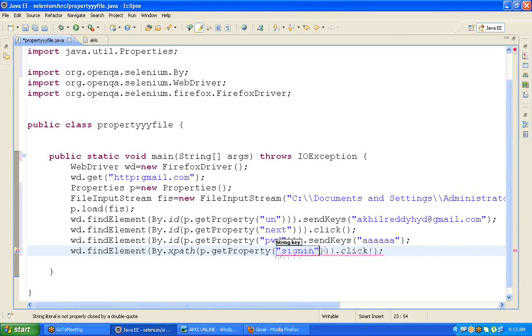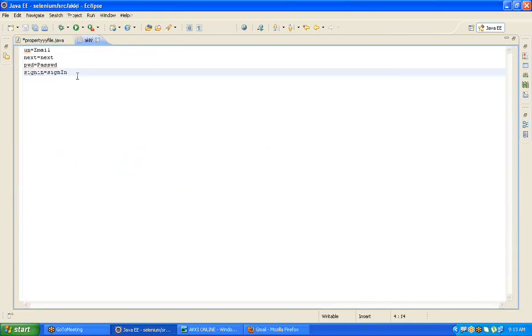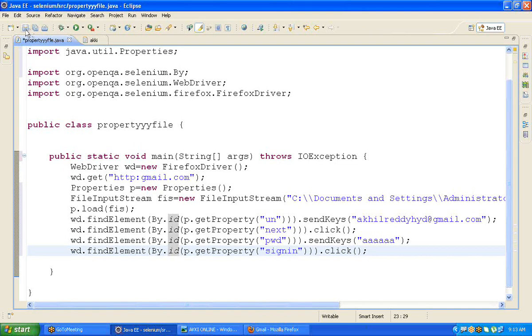Sign in. Just compare. This is the ID. Just go to the key and compare. Sign in, password, next, un. Oh, great. Yes. Save. Click on run.